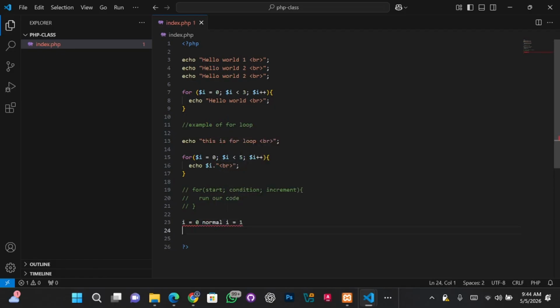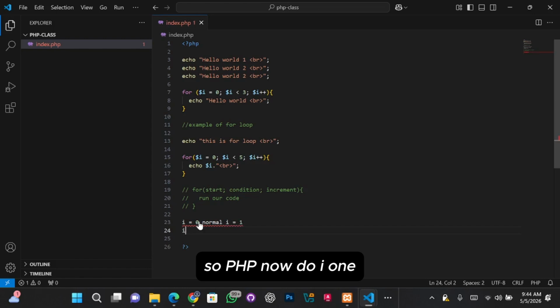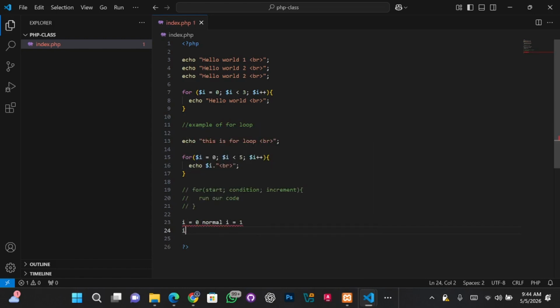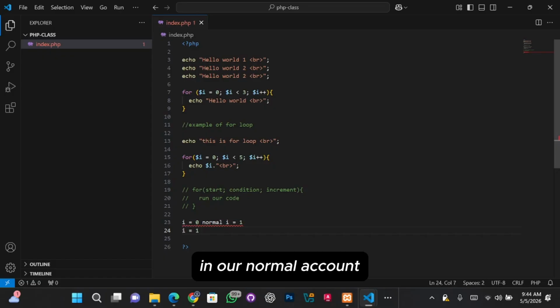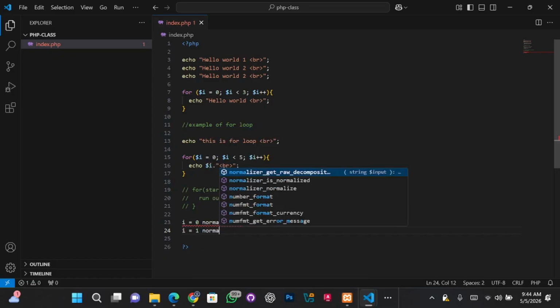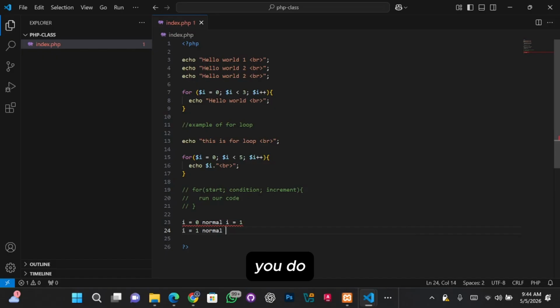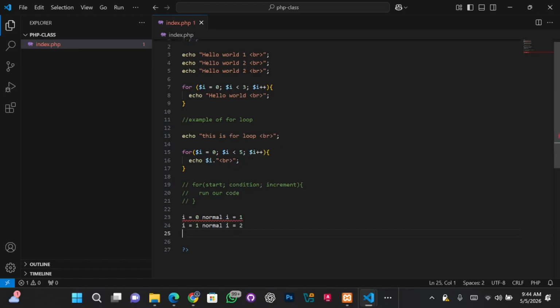You understand? So PHP now does I1. In our normal count, we do I2. Then PHP now does